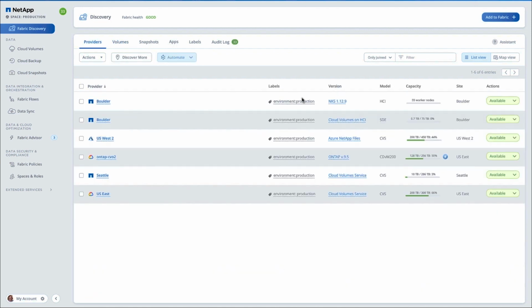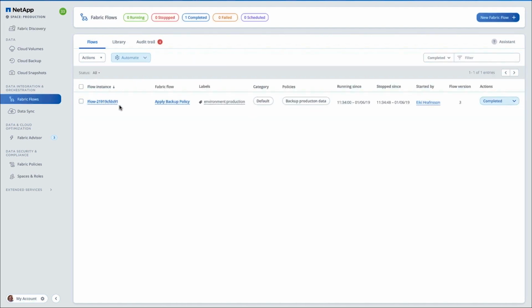So now I actually want to do one more thing. I want to integrate something with my data fabric. I've done the opposite: I've integrated things into my data fabric and orchestrated them there. But now I want to go and create a workflow. Here's actually the flow that my policy just ran.